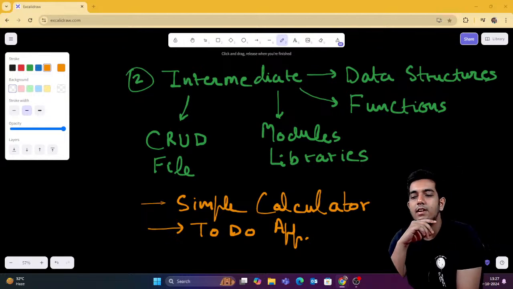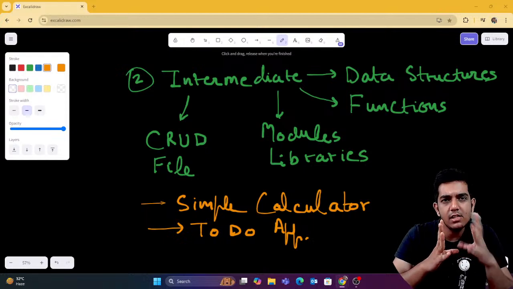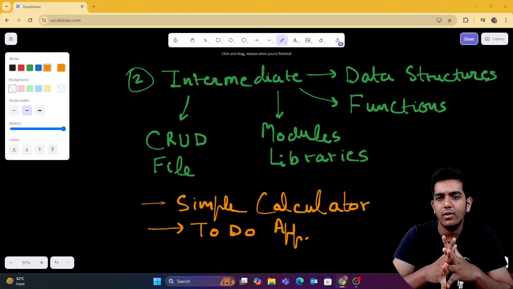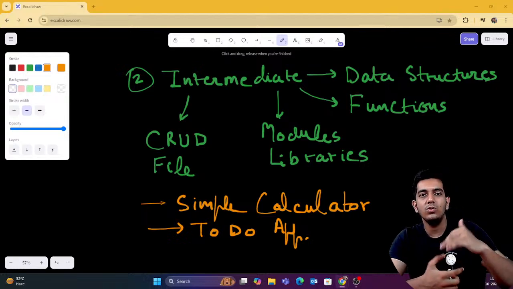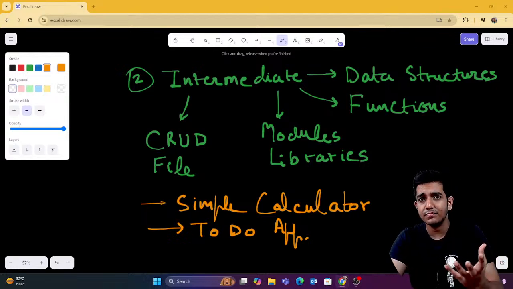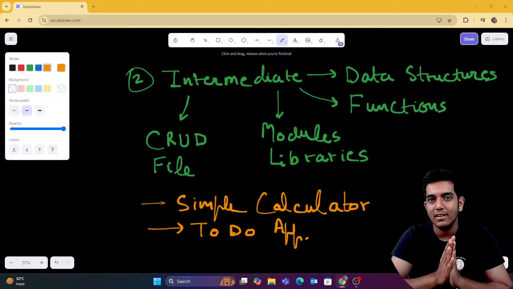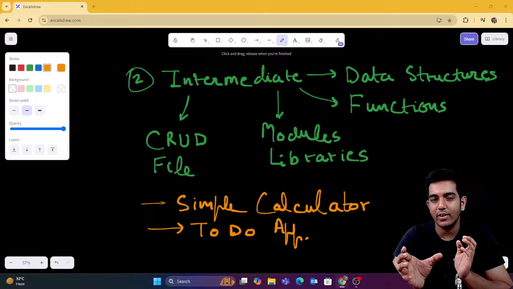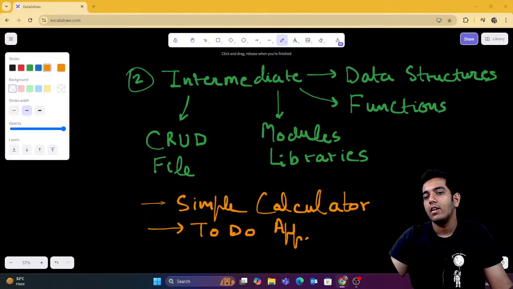But yeah, you can use it for general things, like even if you're a commerce student and you are working in a company, or you have a company and you are specifically working in some sales role, or some management role, and you have to show different graphs. In that case, you can learn Python, and then you can use the graphs and packages which it gives to show different types of graphs. In that case, it would be useful for non-technical people, but still you would have to learn Python for it. That means you would have to learn technical stuff for it, right? So Python itself is a technical language, right?